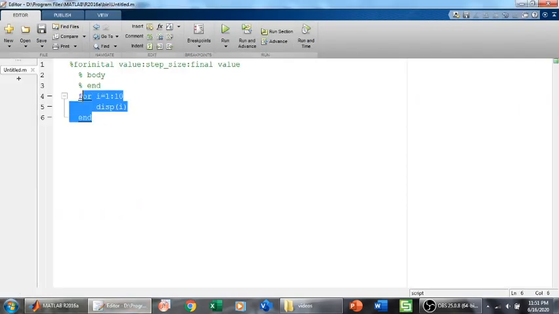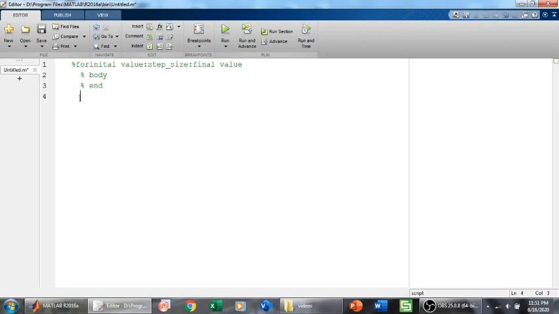Now what if I want to have an addition of all numbers? I want to prompt the user to enter some number and I want to find the sum up to that number. So I want to write a program that gives the sum up to that number which the user has given. So what I will do, I will name the sum as total. So I will equate total to 0.